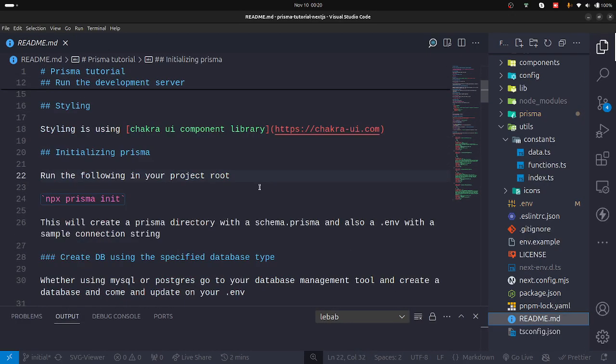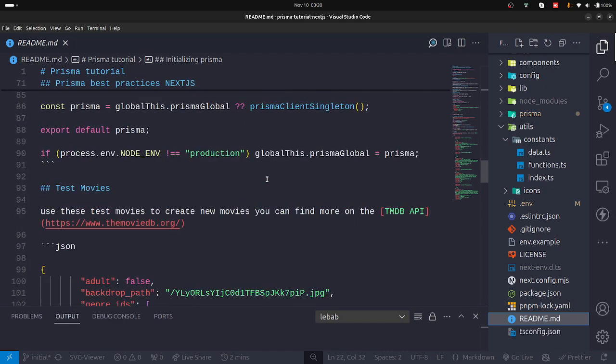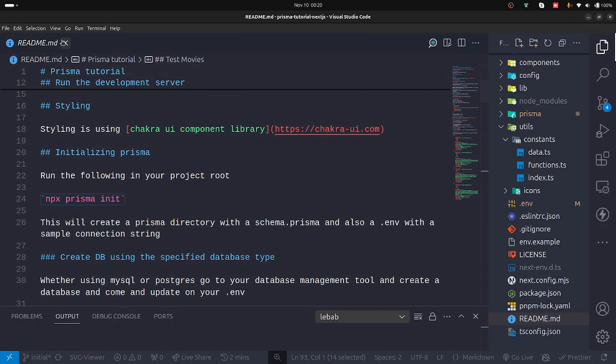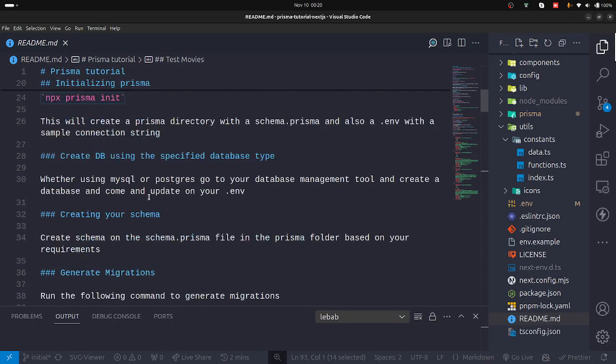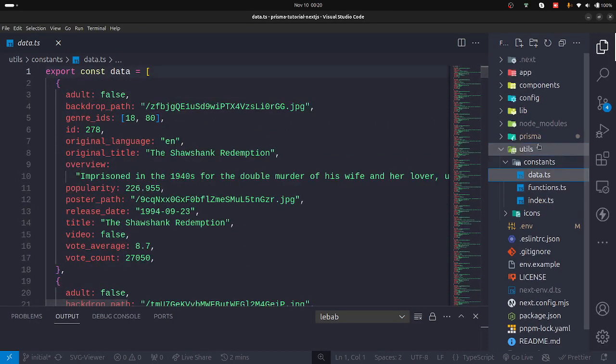Still, I think the completed code has, okay, it is here. So you can see the test movies are from the TMDB API. So in the README you can go ahead and read more about the API. So that's where I got the movies and then created the schema. So you can still continue advancing this project to do more, maybe to fetch from the API and store, but for this case I just wanted to have static data, which